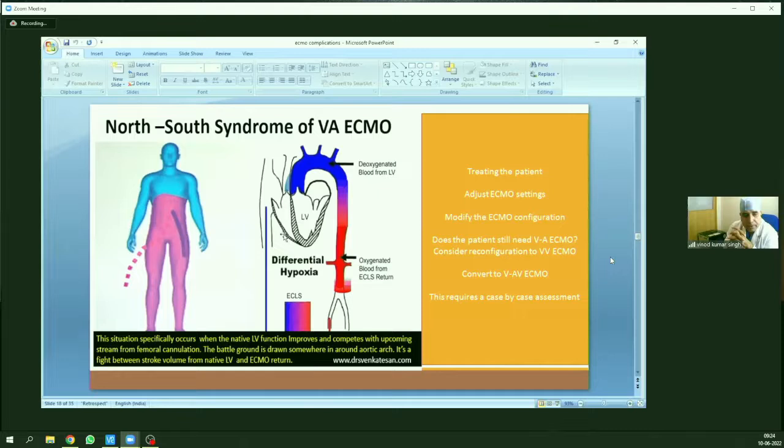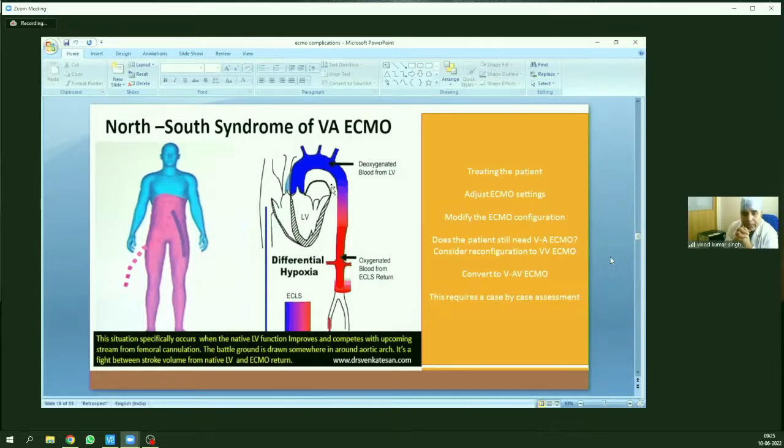This is a situation that specifically occurs in a patient whose native heart function has improved, but the lung function has not improved, and that leads to a mixing of the blood, the oxygenated and deoxygenated blood. You can see here they are mixing. If the patient's cardiac function is okay, then it is quite possible that the deoxygenated blood is going to the upper part of the body,